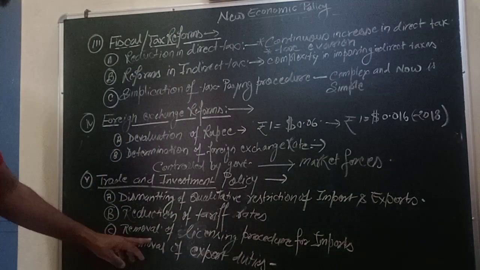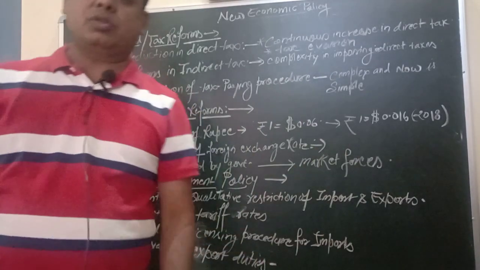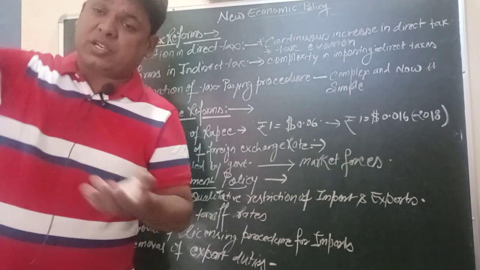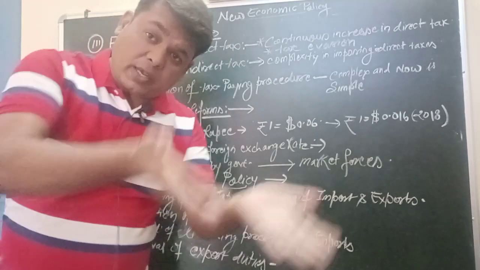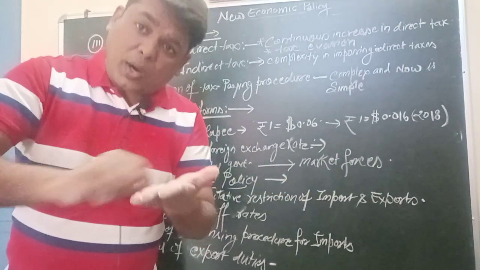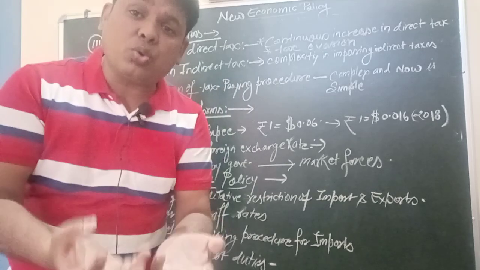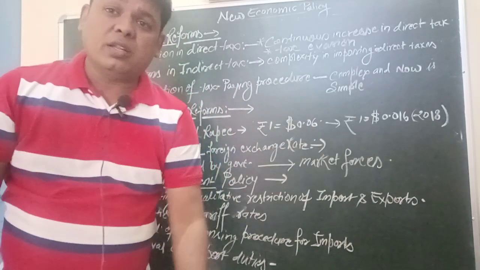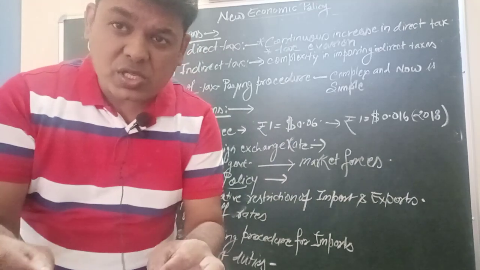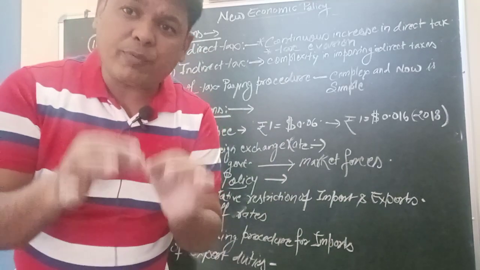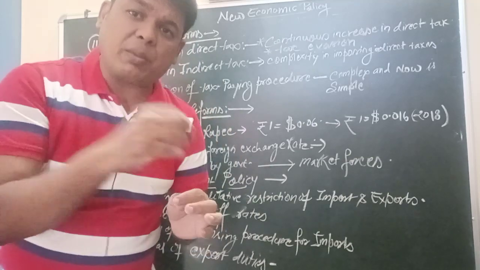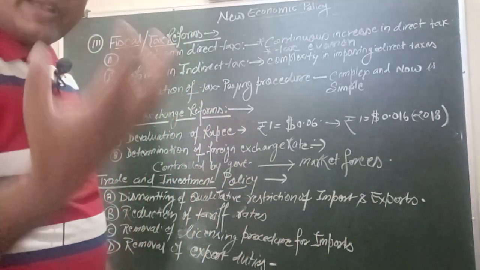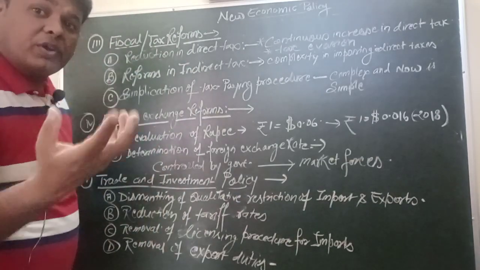Okay, removal of the licensing procedure of the imports. पहले क्या था कि इंपोर्ट्स करने के लिए हमको गवर्नमेंट के पास, डिफरेंट डिपार्टमेंट्स के पास लेटर भेजना पड़ता है दैट प्लीज अलाउ अस टू इंपोर्ट द गुड्स एंड सर्विसेज फ्रॉम द अब्रॉड. लेकिन अब क्या है, no, only the simple procedure is there that you have to go to the concerned department and the concerned department will give you the permission for importing the technology or other things from abroad.